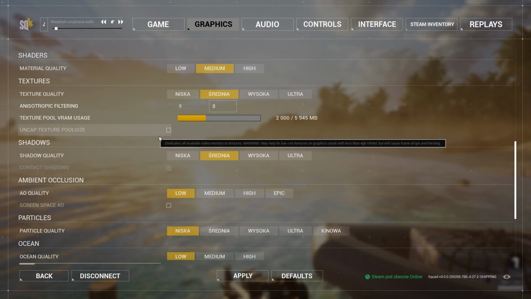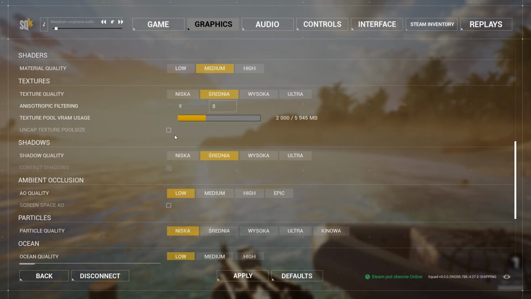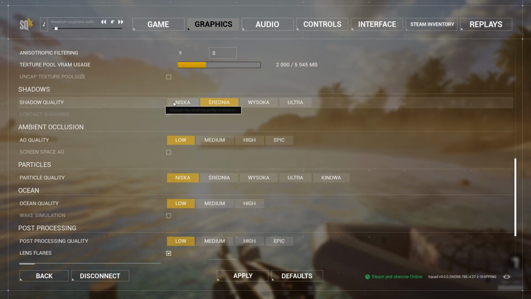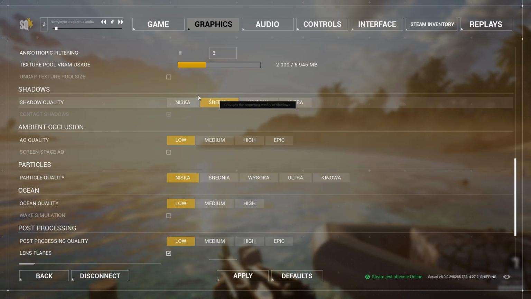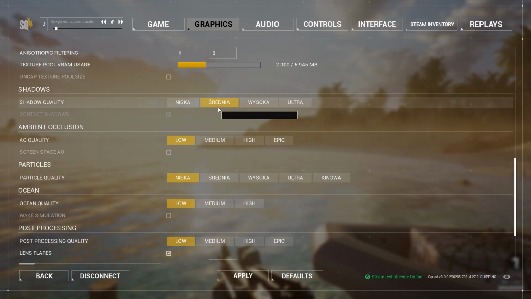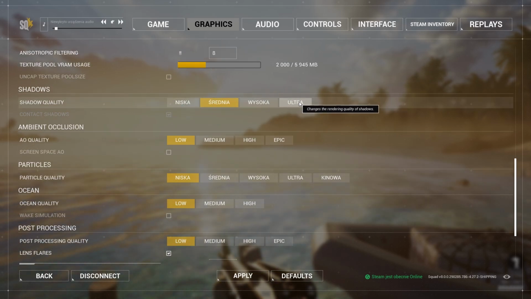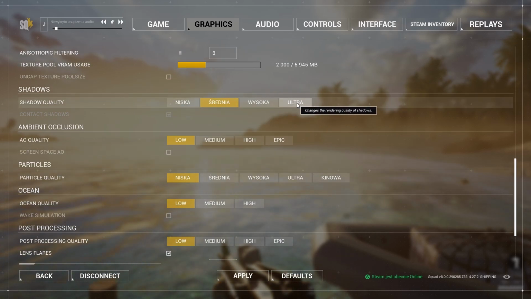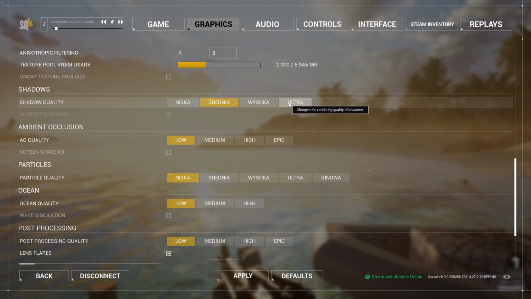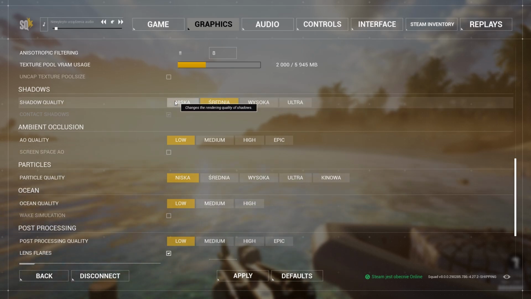Like, you don't want to have this setting on, guys. I'm not gonna talk about this, it just makes your game look bad, so do not touch that setting. Okay, shadow quality, that's a very important setting actually. You can lose a lot of FPS on that. When you put it to high or ultra, you will lose over 10 frames when I was testing, so definitely don't set it on high or ultra.